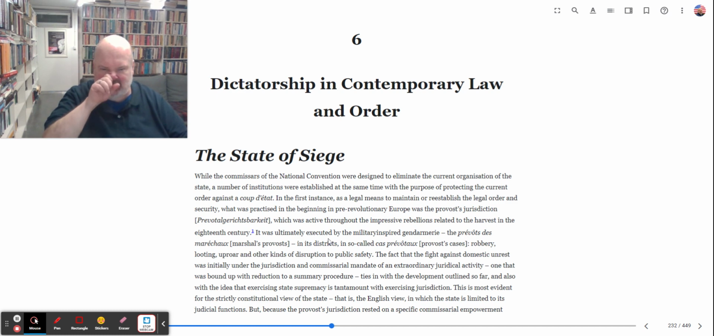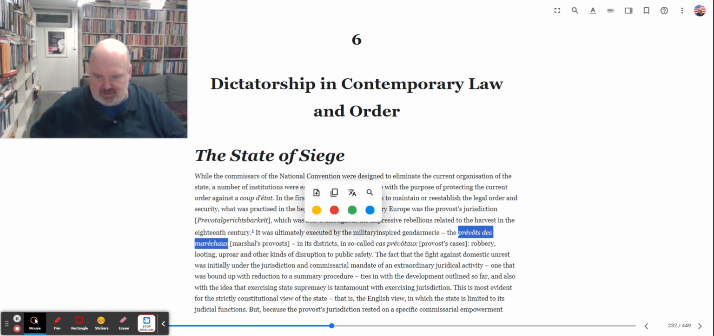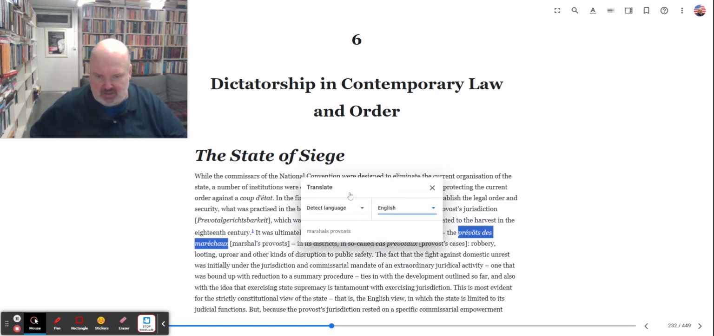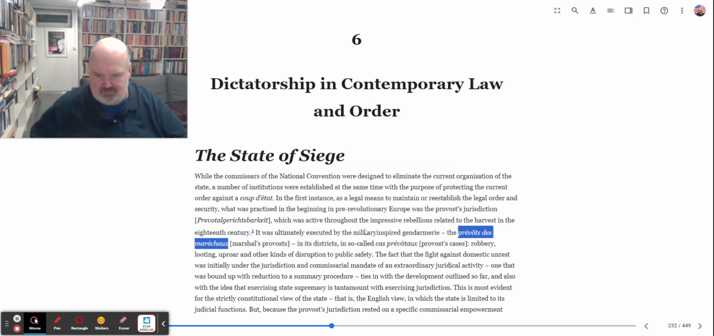It was ultimately executed by the military-inspired gendarmerie, the provost marshals, the Marshal's Provost Marshal. And in its districts,